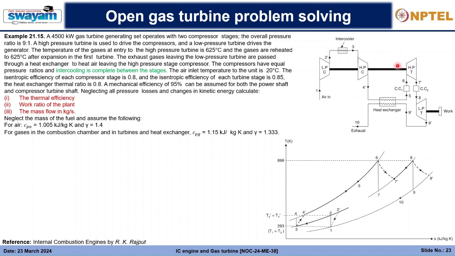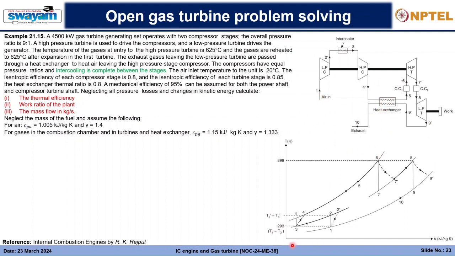So the high pressure turbine here is responsible for driving both the low pressure and the high pressure compressors, and then the exhaust from the high pressure turbine is again reheated in the combustion chamber to an elevated temperature, the same temperature, T6 and T8, and after that it is expanded in the low pressure turbine, which is producing the net work from this entire cycle. And the exhaust is again going into the heat exchanger, as you can see out here, and